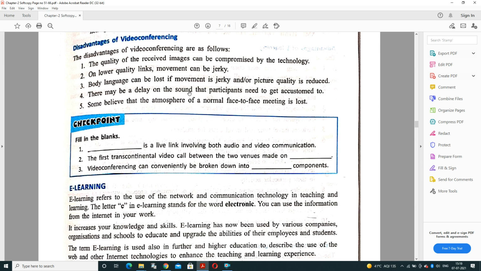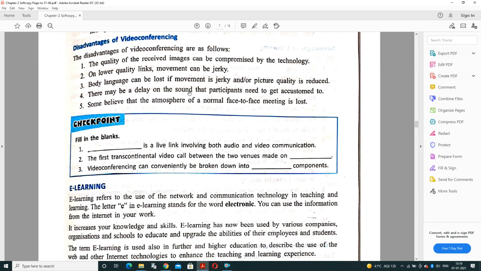There may be a delay on the sound that participants need to get accustomed to. It means a network delay problem can occur. Suppose I am speaking right now and you are getting the sound after 2-3 nanoseconds. And some believe that the atmosphere of a normal face-to-face meeting is lost. It means the personal relationship is lost if you are communicating only via video conferencing.